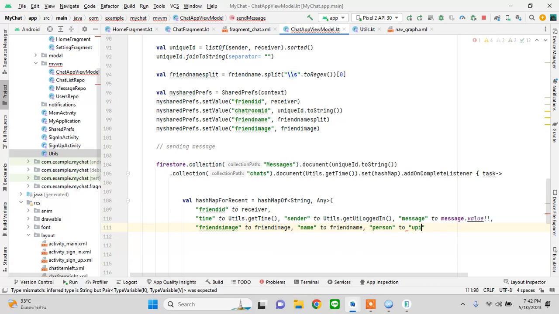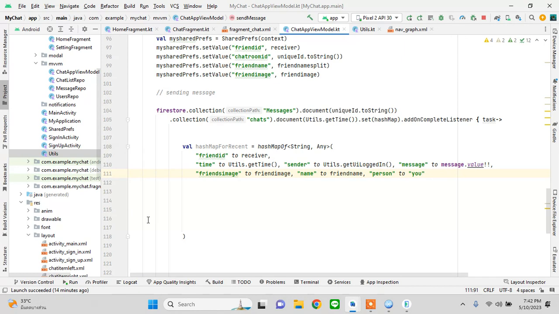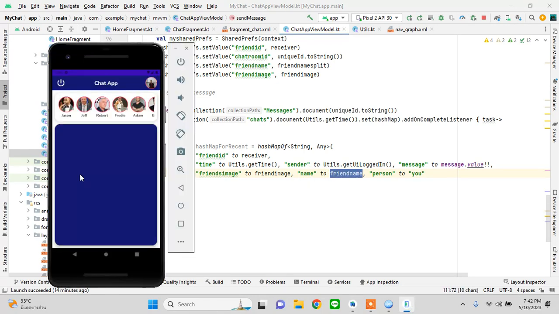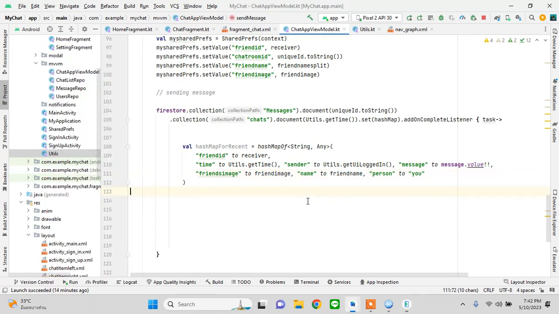Why did I write person here? So you have sent the message, right? So whenever you are the sender, then it has to show you, but when you have received the message, then it should be replaced with the name of your friend here. It should be replaced like, okay, who has sent you the message. So that is why. Okay, so what we'll do here is we'll keep on working Firestore